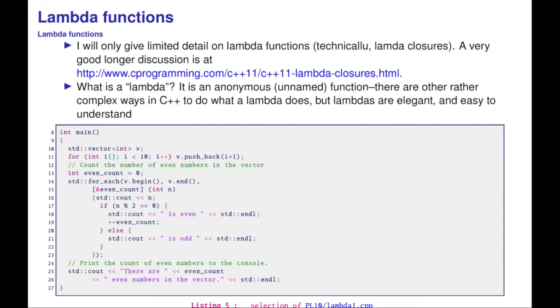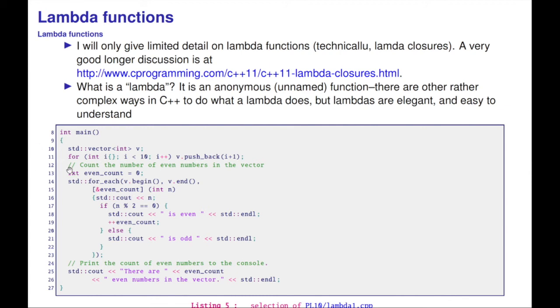There's something else, lambda functions or lambda closures, and there are some pretty good discussions. There's a really nice discussion over here, which was for C++11, but is still good. What I'll discuss here is the basic lambda. The idea of a lambda has been extended from C++11, which is typically what I discuss here, to about C++20, where 14, 17, and 20 have substantial additions to it. I'm not discussing most of those additions over here because I really want to get you to the basics.